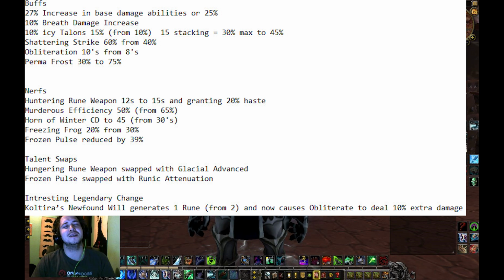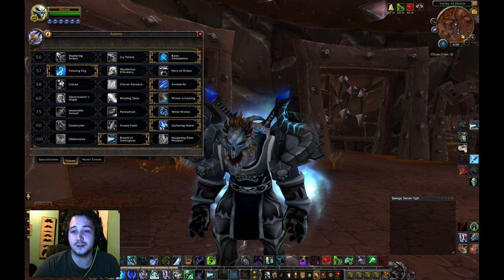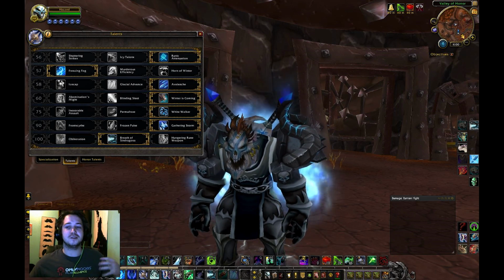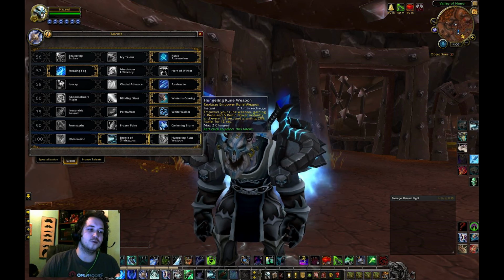They just keep cutting the knees off Howling Blast. They just want to dissect that so badly and actually move away from that current rotation, just relying on major Howling Blast procs, as I was talking about before with Shattering Strikes. Now, as for whether or not I think these are nerfs or buffs, definitely the change from Hungering Rune Weapon